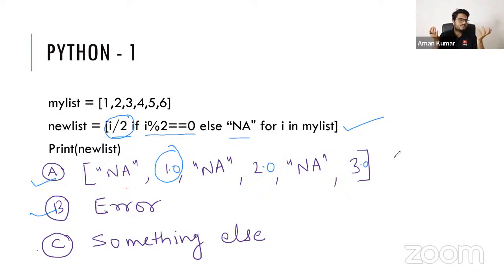Why is this important, guys? Many times, this is my personal experience, I once faced this issue. I was trying to upload a Hive table from some Python output, and the data type mismatch was due to this. There was something with integer and float, and that was creating a lot of problems in deployment. So that is one issue, and I thought of covering it, because if you divide like this in Python, it will give you a float by default.